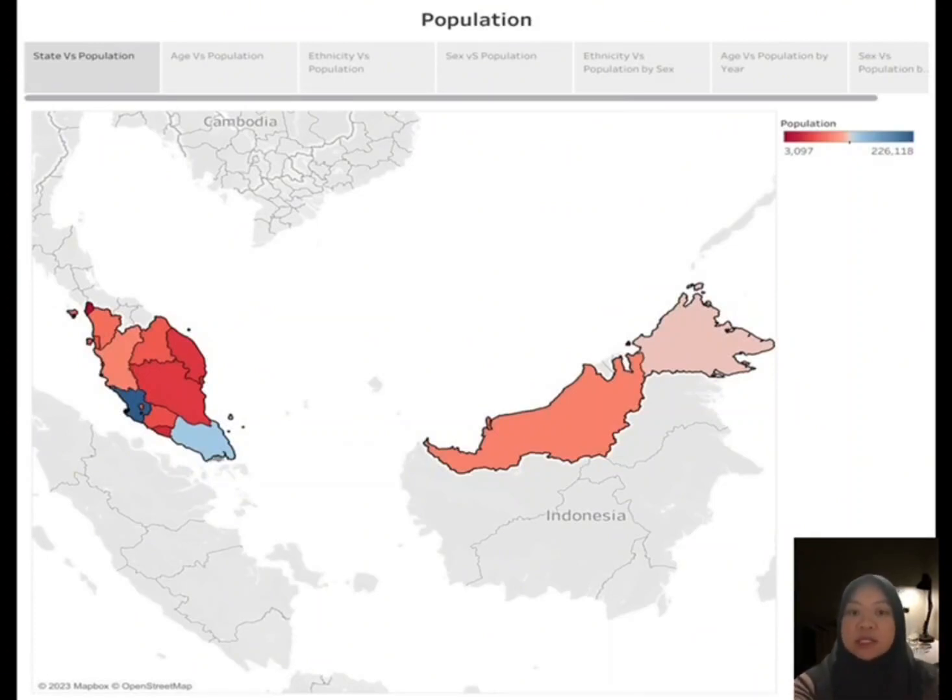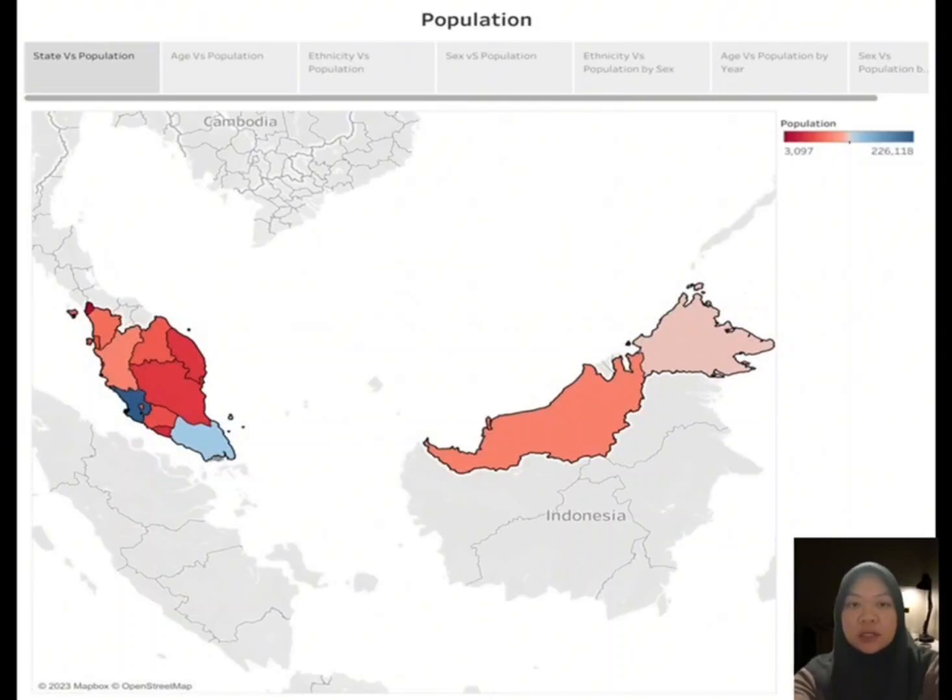Sabah ranks third with approximately 110,715, closely trailed by Sarawak with 79,218 inhabitants. Perak and Kedah have populations of roughly 80,533 and 69,069 respectively, while Kelantan and Pulau Pinang follow with around